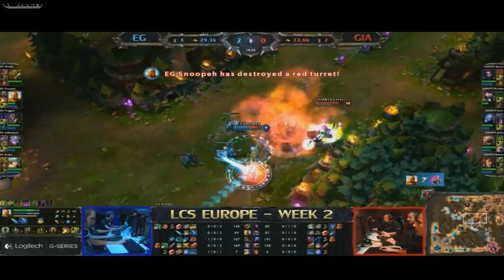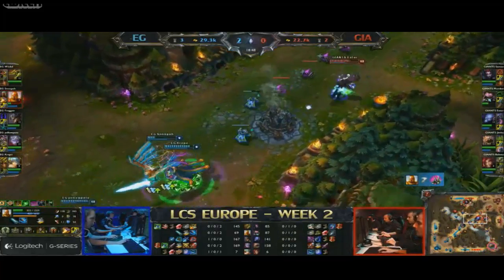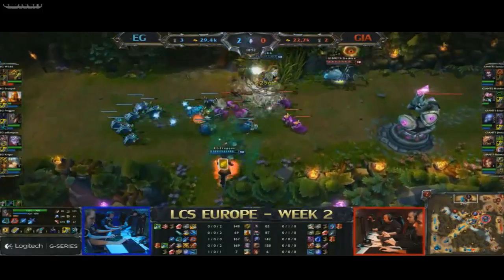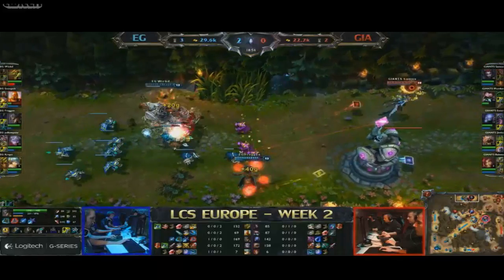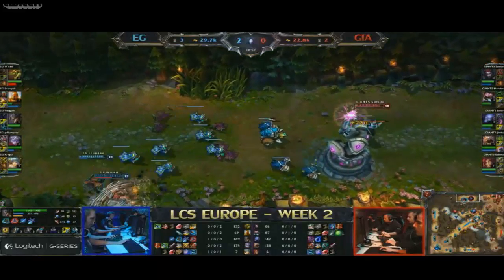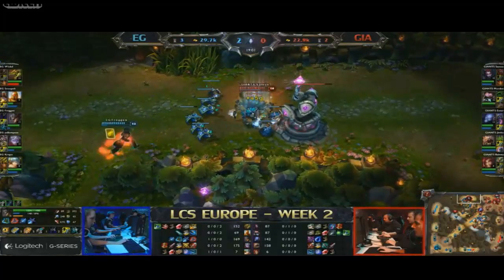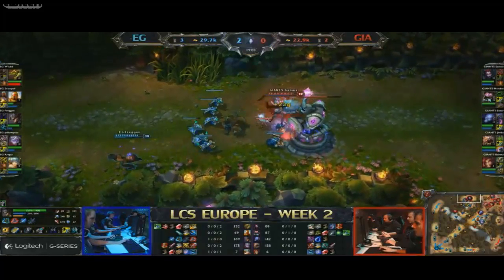we do see the turrets dropping. It is 3 to 0 turrets now, and Snoopy taking a big burst damage there. Froggen popping up towards the top lane. They're diving on towards Samox. You can see them trying to get on towards him, but he does manage to avoid the damage. And, well, the turret now pressured once again. So Evil Geniuses is keeping the pressure across the map here and starting to slowly but surely choke out the